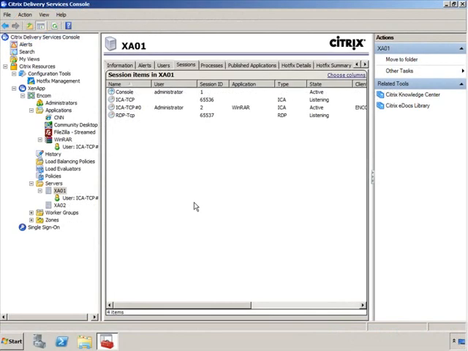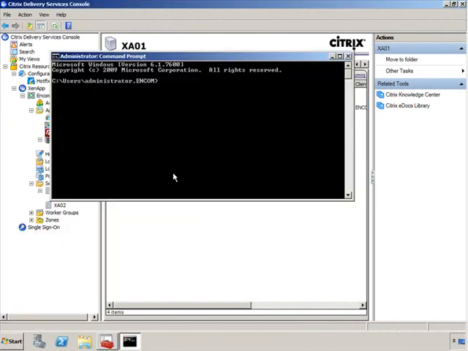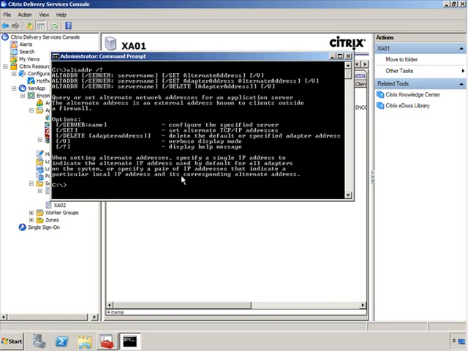All right, back on our infamous XA01 server here, what I'm going to do is go ahead and open a command prompt. And you should have access to these commands right here, but just to keep it clean, I'm going to just clear the screen a little bit. And let's start with altaddr, and if I do a /?, you'll see the syntax that you can use